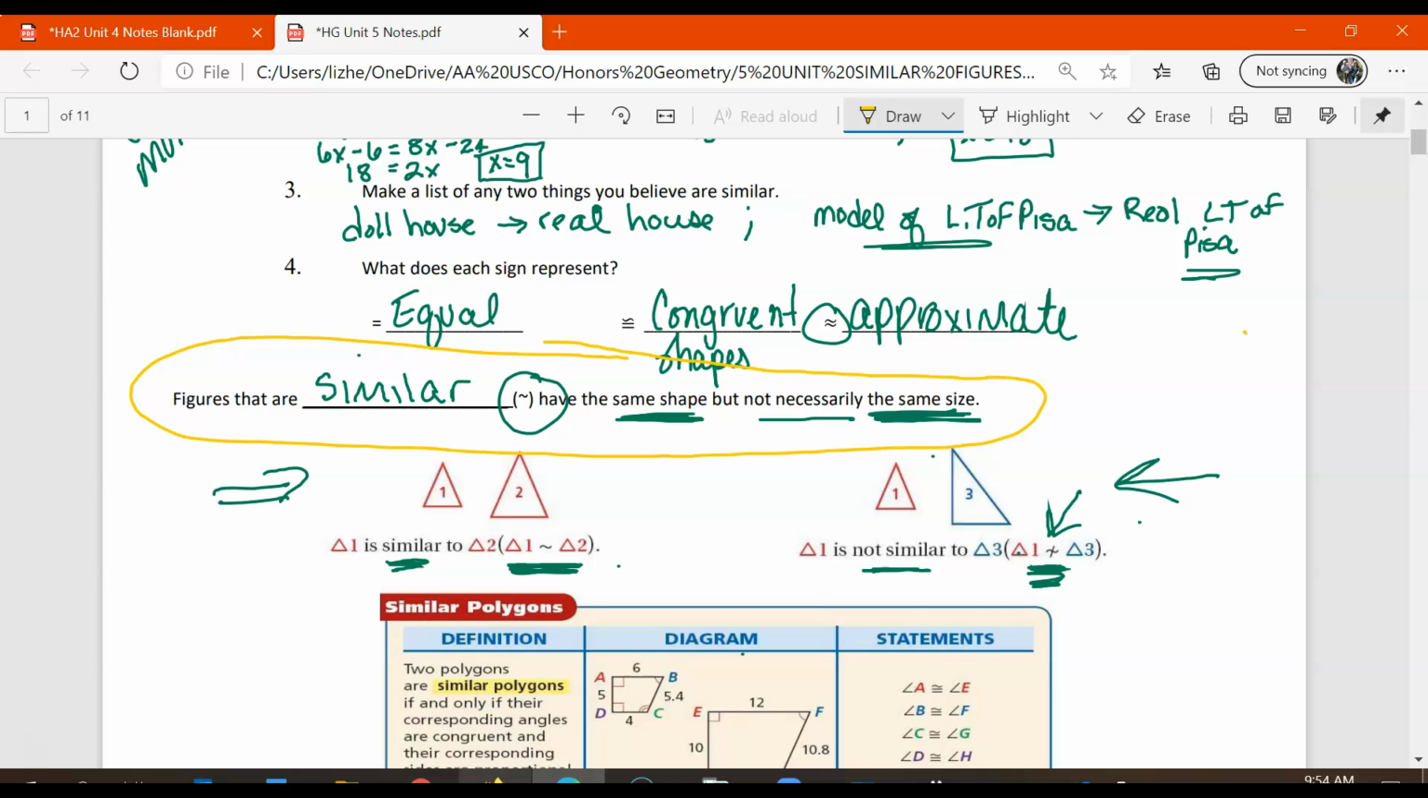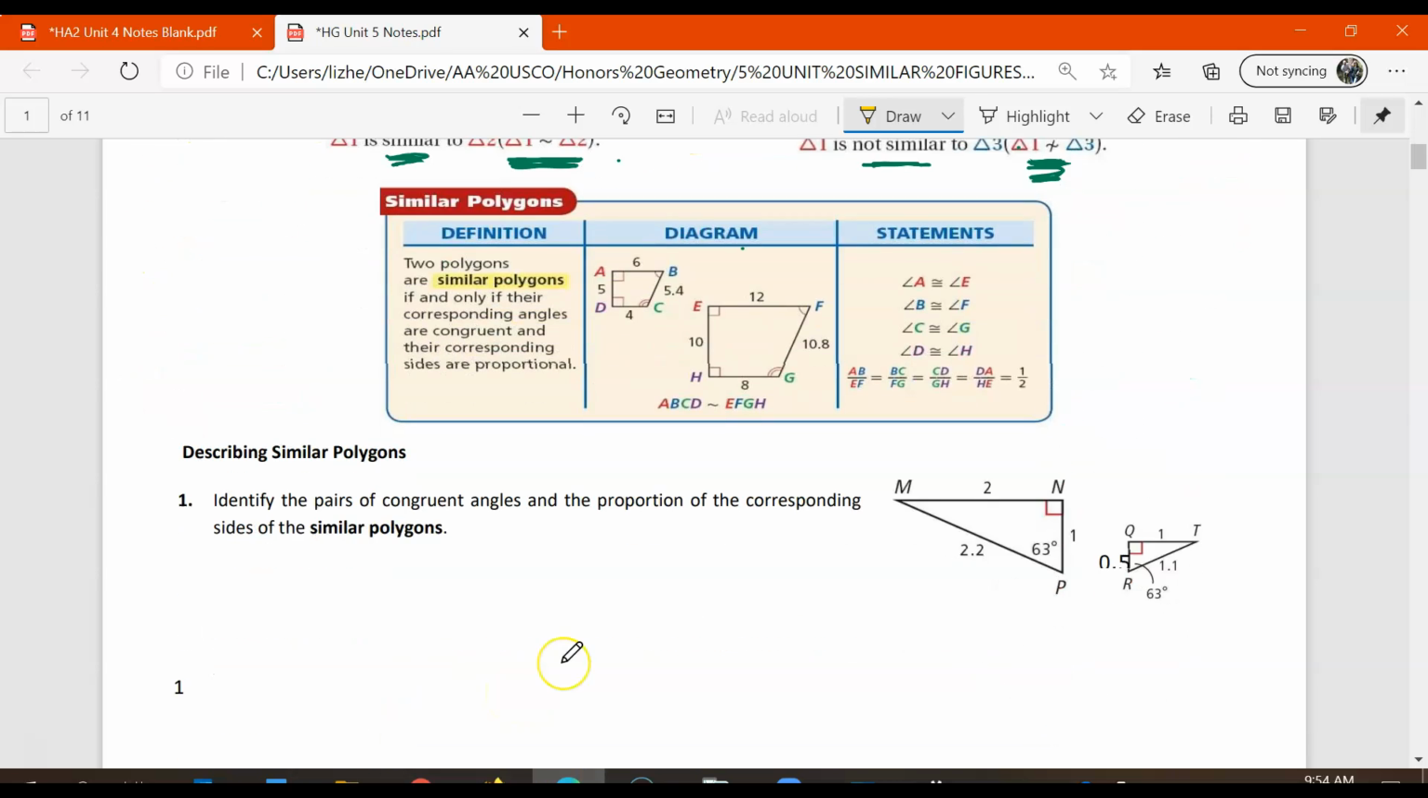All right, moving on. We have our other definition. 2 polygons are similar polygons if and only if their corresponding angles are congruent. So angles,